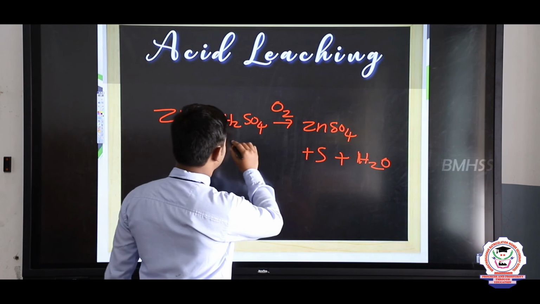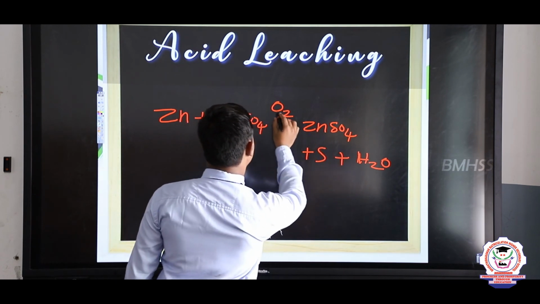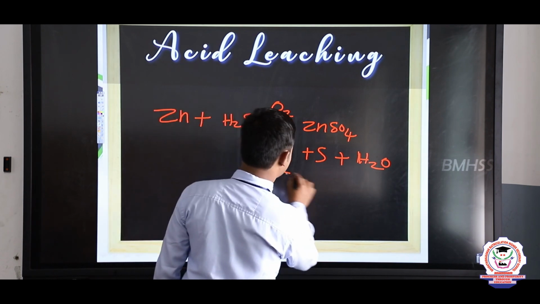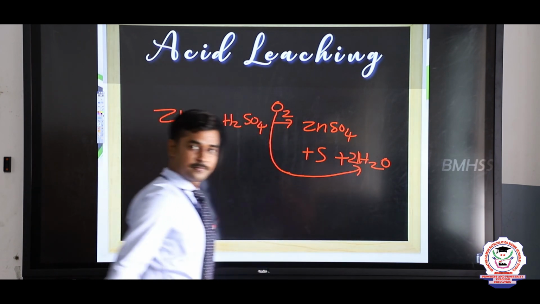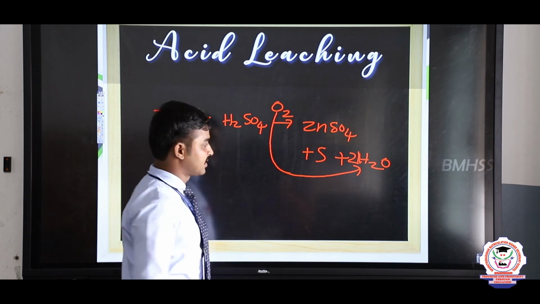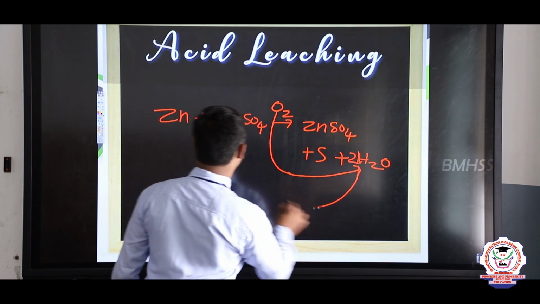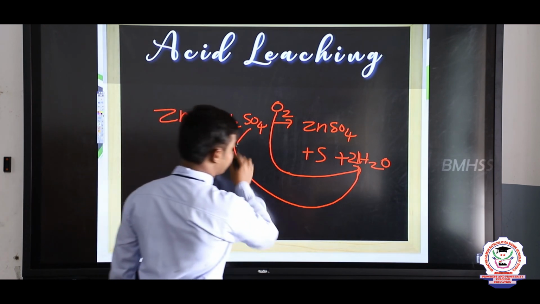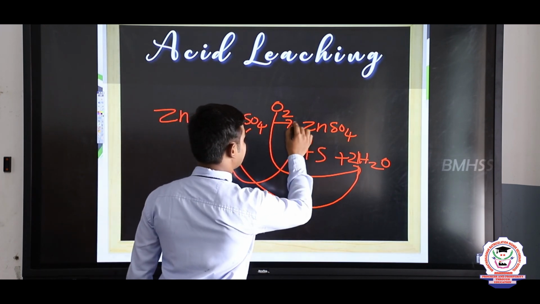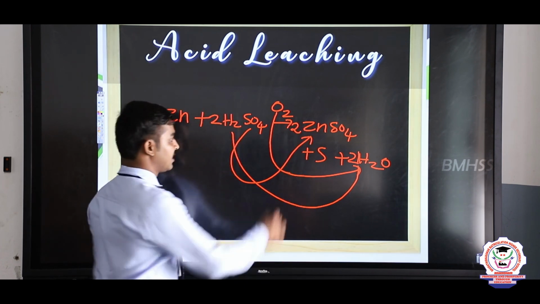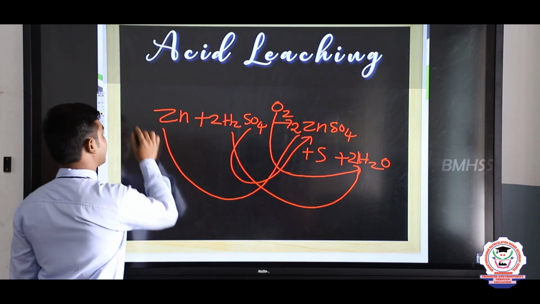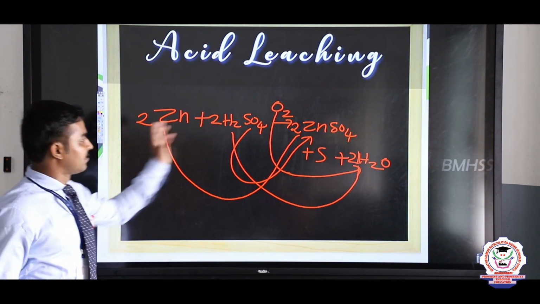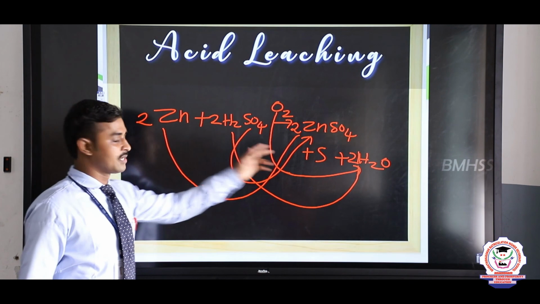Here look, see, the number of oxygen involved in the reaction is 2. So 2 oxygen can remove 2 water molecules. This is the method of balancing the equation. So 2H2 is removed by reacting with 2H2SO4, and 2 sulfate can form 2 zinc sulfate, and 2 zinc is obtained from reacting with the 2 zinc metal. So this is the final form of the reaction, and this is the type of balancing the reaction.